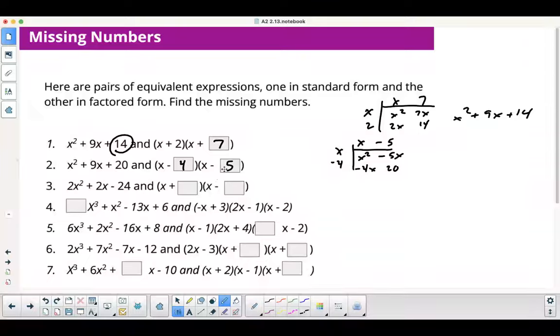So I need these to be a minus negative 5 and a minus negative 4, which would eventually change these to a plus 4 and a plus 5. But I'll just fill in the blank. All right, over here, on the next one,